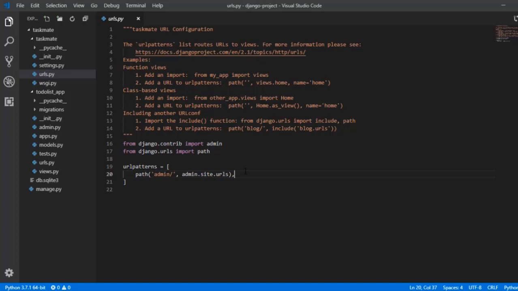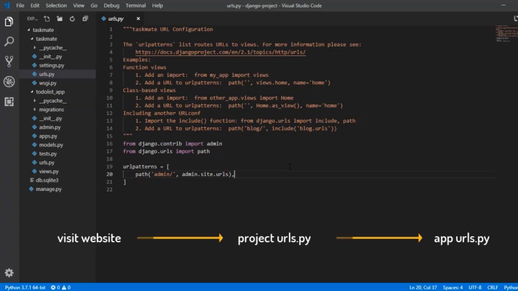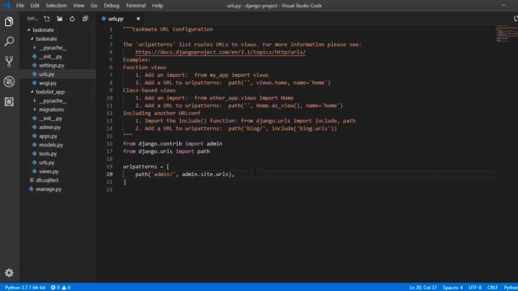Think about our own application. We are going to create a to-do list app. So let me create a link, our domain name slash to-do list. For that I need to define my own URL in my application, that is my app. So what happens whenever we visit our website, it visits the main URLs and then it sees which Django app it needs to redirect to. So if it is related to the to-do list, it is going to redirect to this particular URL. If it is related to blog, it will redirect to the blog app URL. So we have to define this.